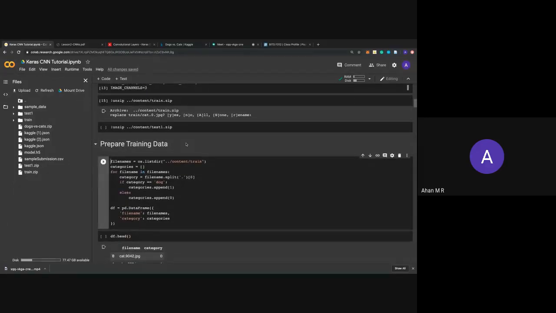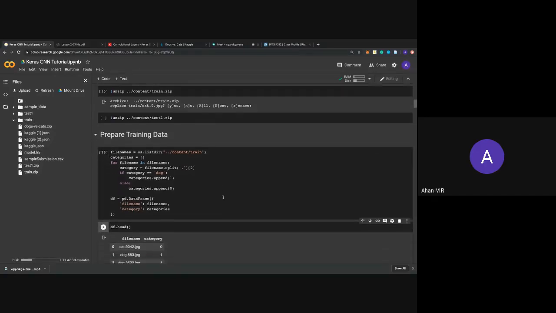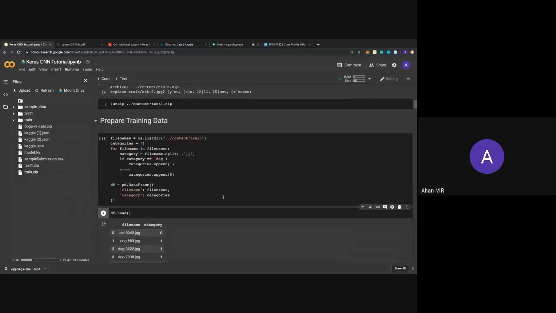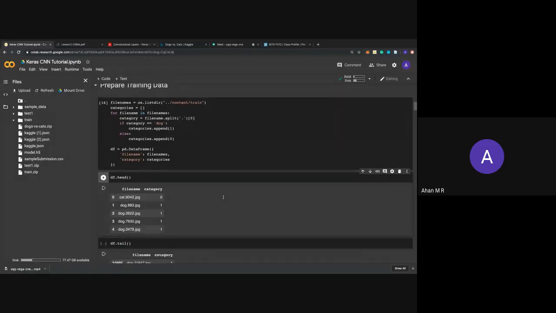So we'll prepare the training data. The train folder has 2 folders called dog and cat in it, each of them having a bunch of images.